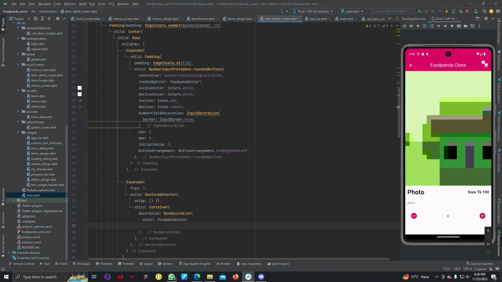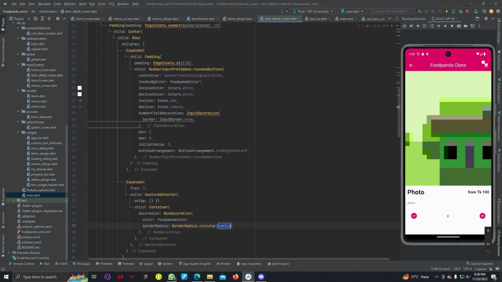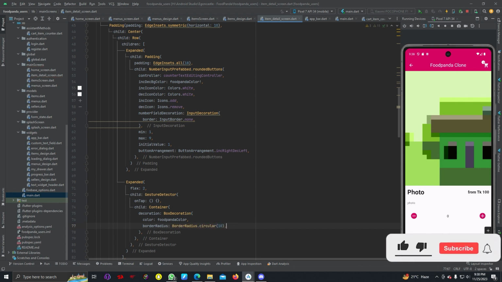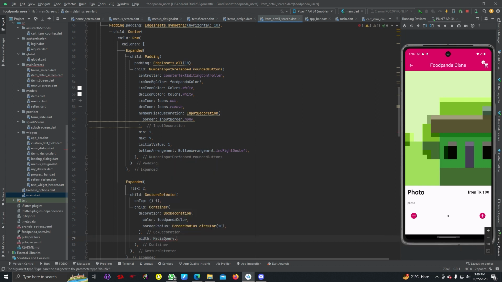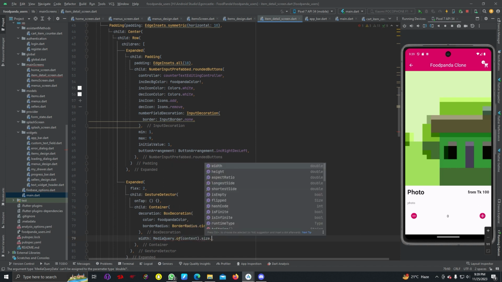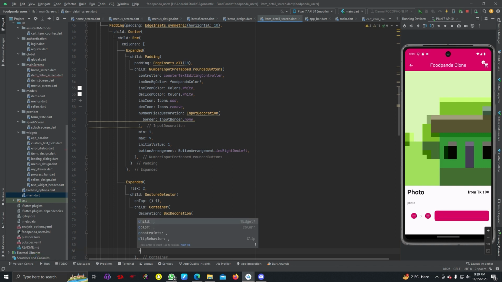Then we can write border radius dot circular to 10, and you can give width media query dot of context dot size dot width, height 50,